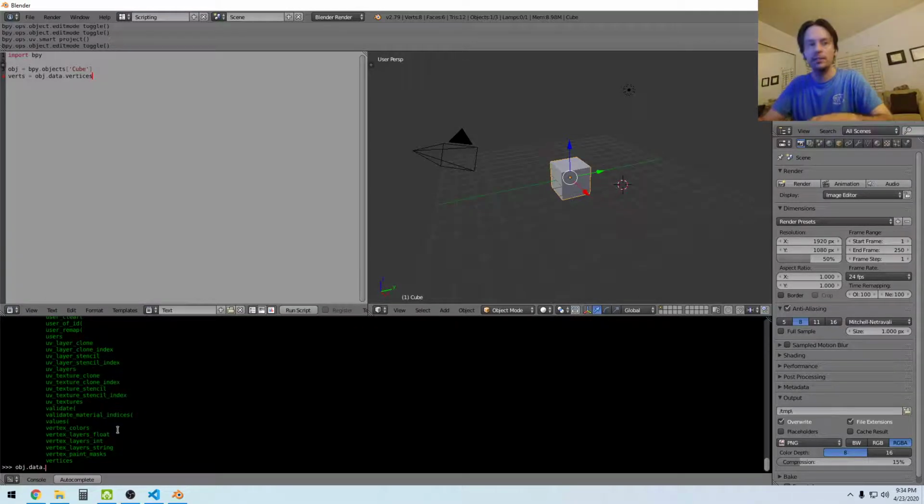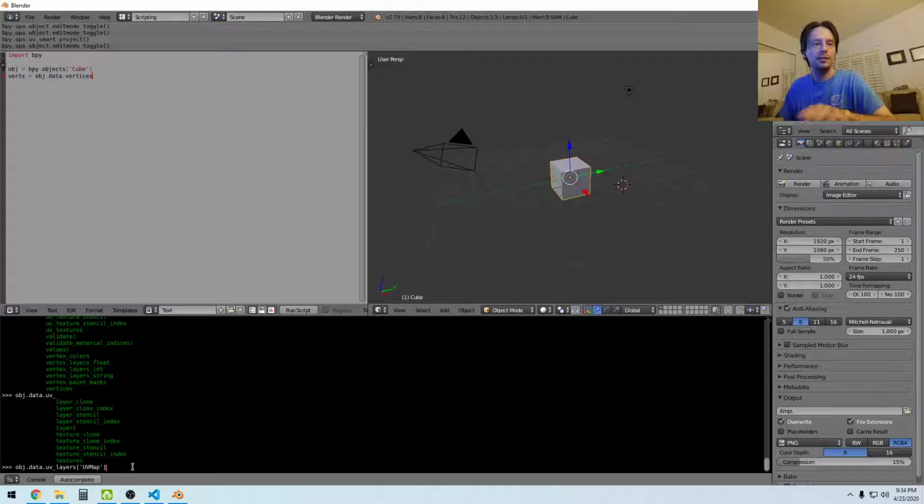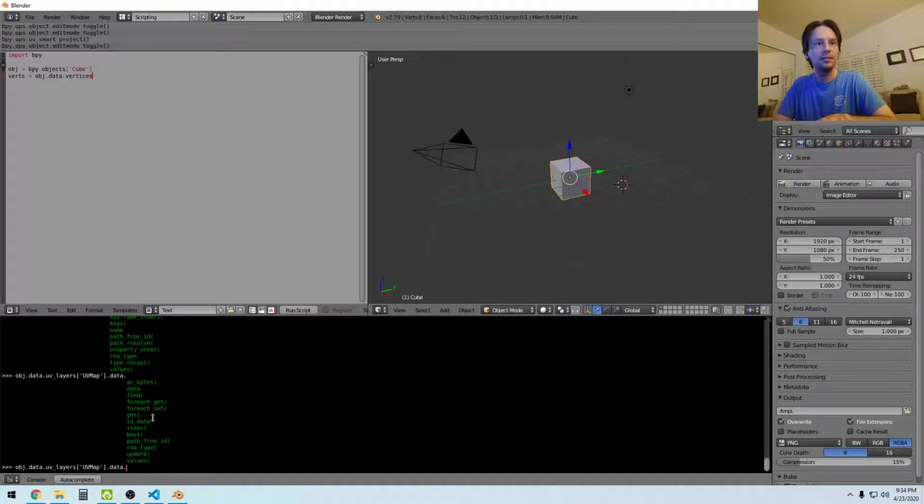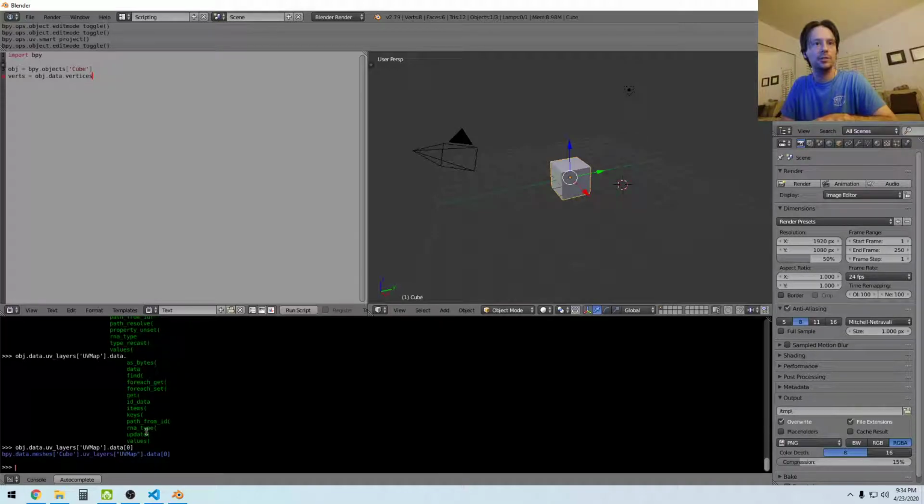So then the UV layers. Okay, so I can access the UV layers like that, but what I actually just need is the number, like the X and Y coordinate. I don't need most of this other stuff at all. I don't see anything here. Let me check the data. Get. I think this is also an array. So what if I just act like that's the first one? Okay, so that works, but